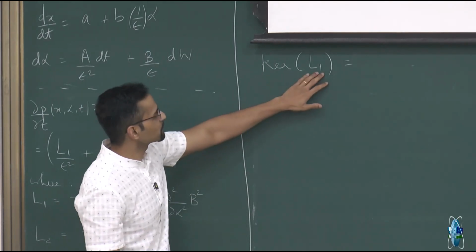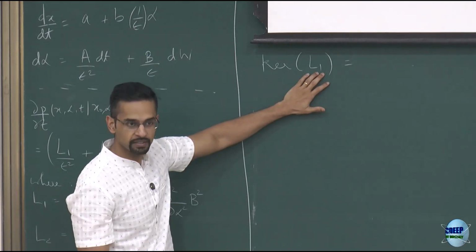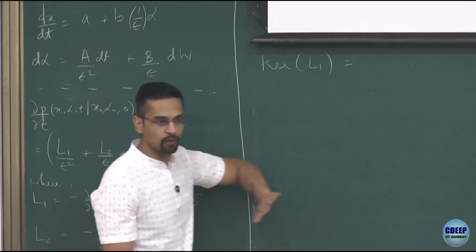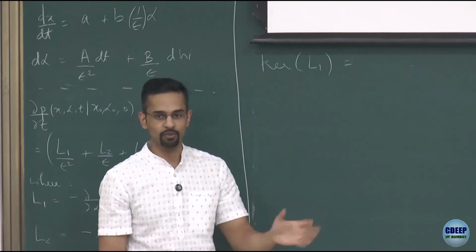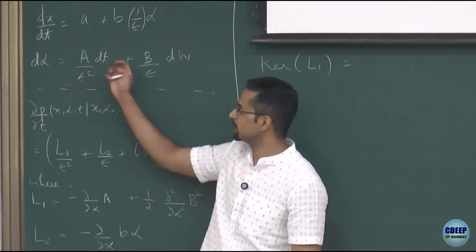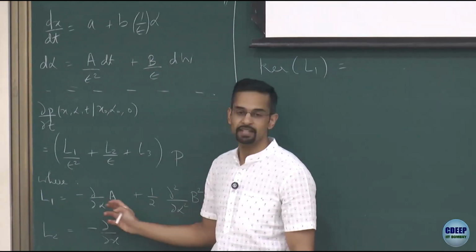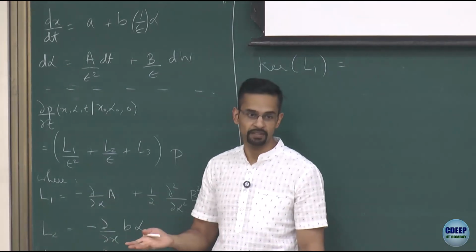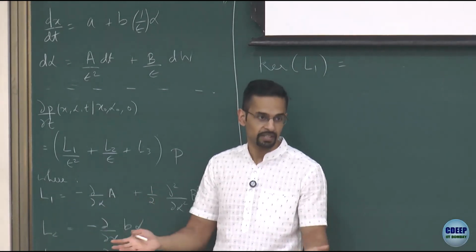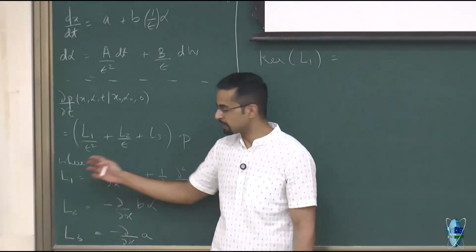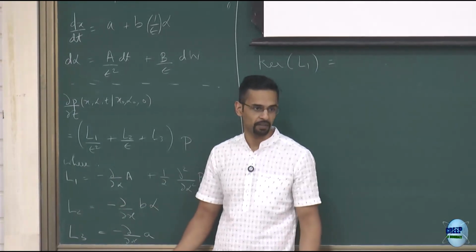Okay. So then we came to the question, does L1 have a null space? And what we want to do now is to reach some conclusions that are independent of what exactly this A and B is, or in other words, what exactly L1 is. So we will use properties. The only general property we know is that L1 itself is an operator in a Fokker-Planck equation, right?